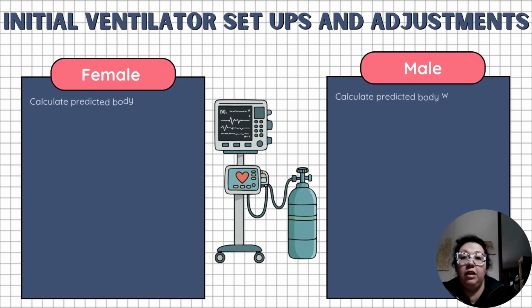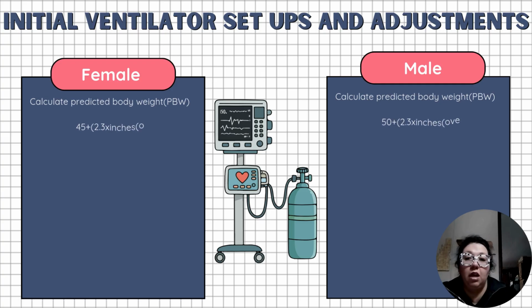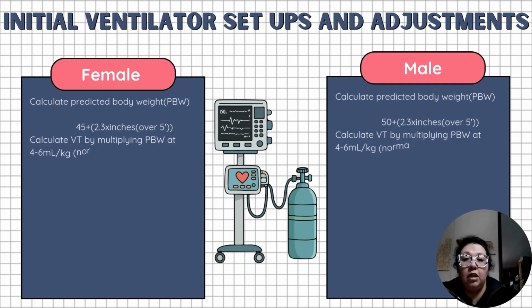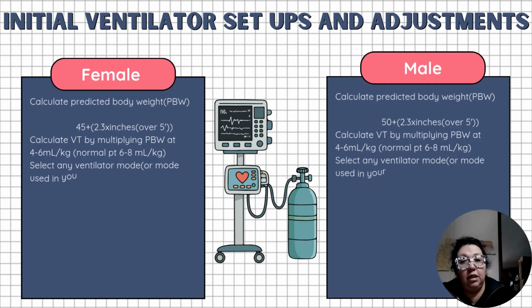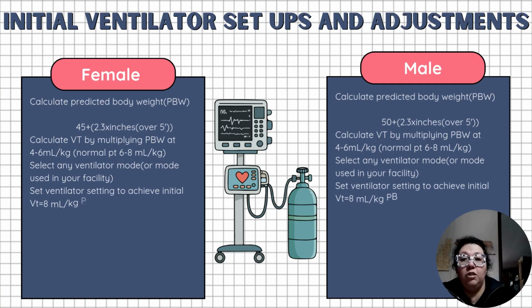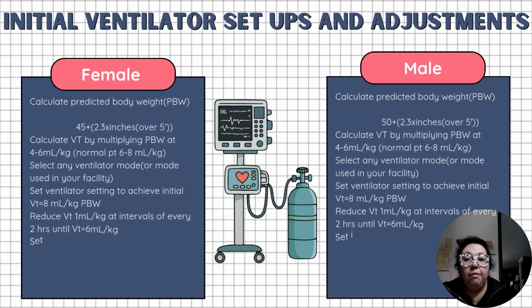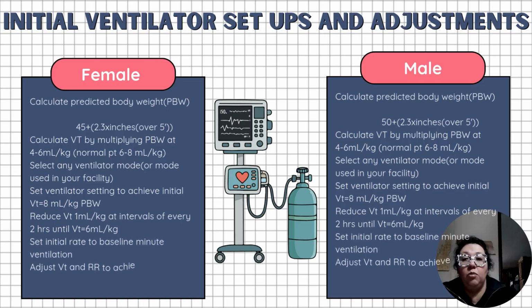So initial ventilator setups and adjustments are a little different for females and males. For females, we calculate 45 plus 2.3 times the inches over 5 feet. So we will calculate that. And then once you get that predicted body weight,